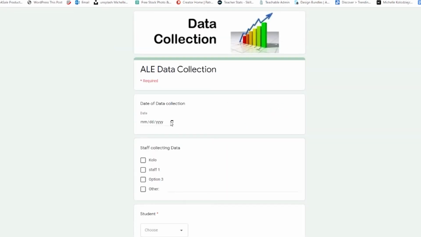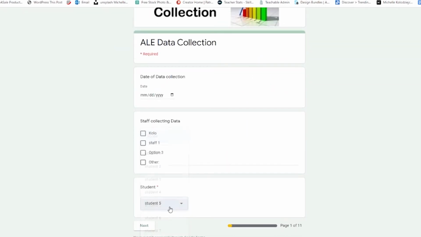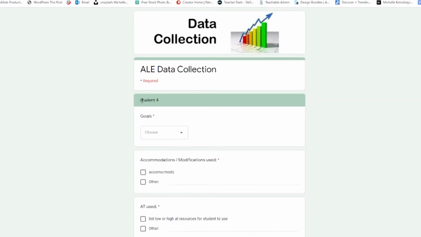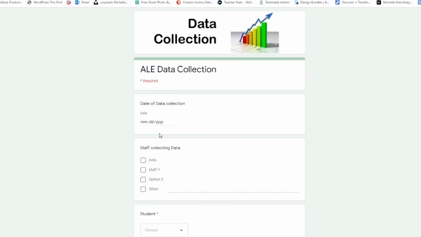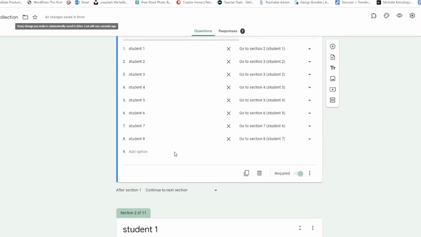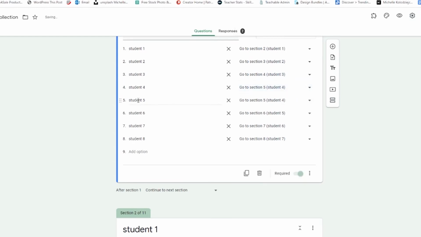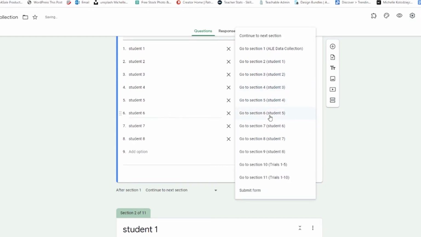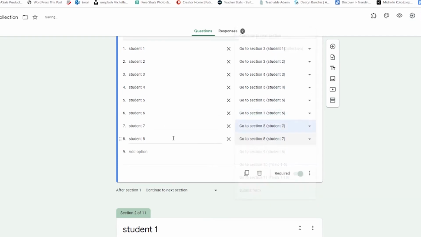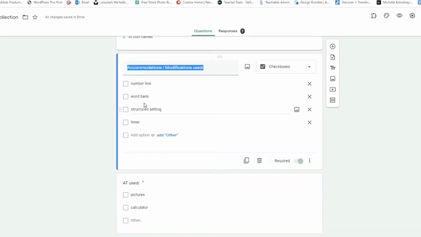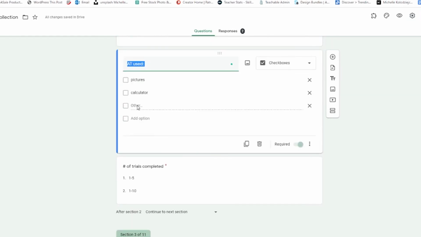So that's how it knew if I was going to pick this student to go to student 5. Oops, except it's not linked correctly because that went to student 4, or it's named improperly. Okay, so 1 to 1, 2 to 2, 3 to 3, 4 to 4, 5 to 5, 7 to 7, 8 to 8. There we go. Now, you go in, put student 1's goals, put student 1's accommodations, put student 1's assistive technology,